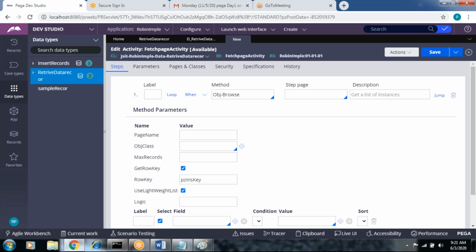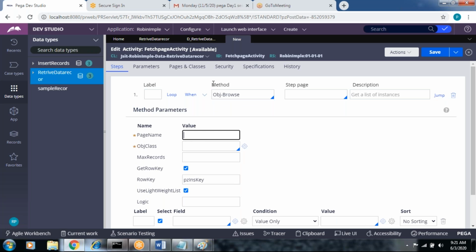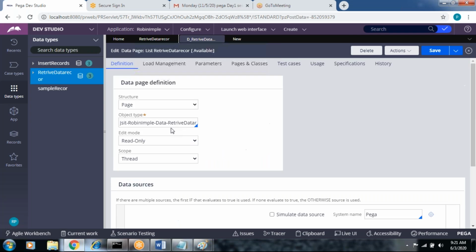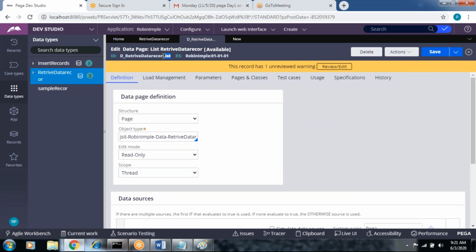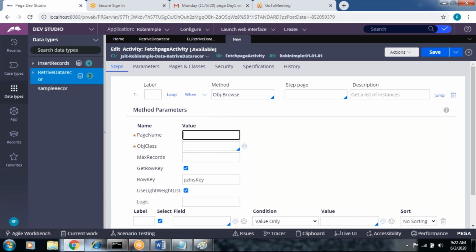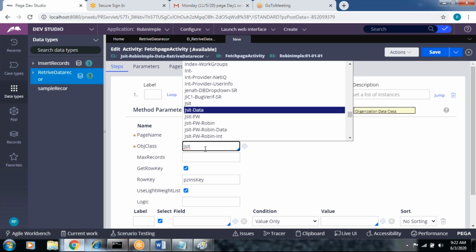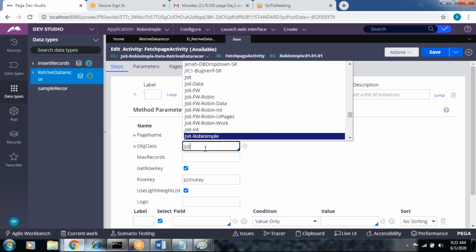Expand this method. Here, page name. Page name is just to specify the data page here. This is the page, and give the class. The class is retrieve data records, your data class.